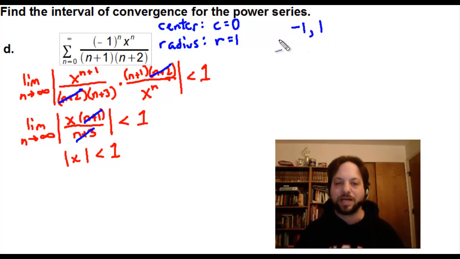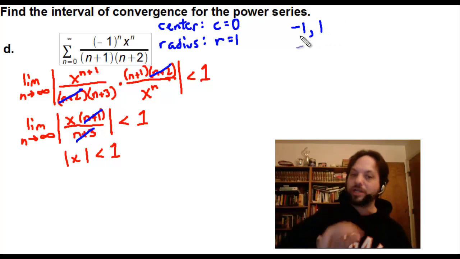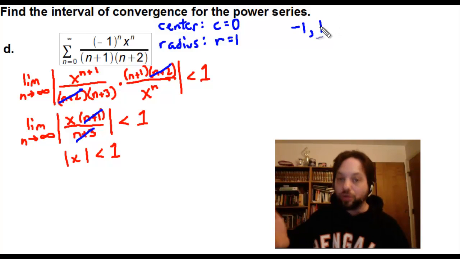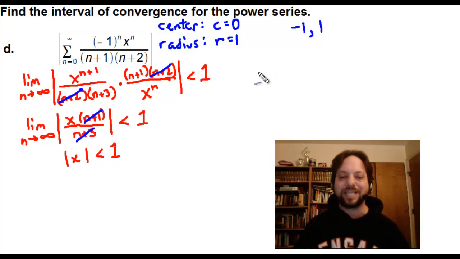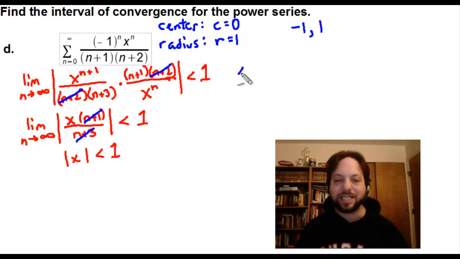The only problem is I'm not sure what kind of bounds to put on this. Is negative 1 included in the interval? Is 1 included in the interval? And so the way to test this is to actually let x equal these two values and see what happens